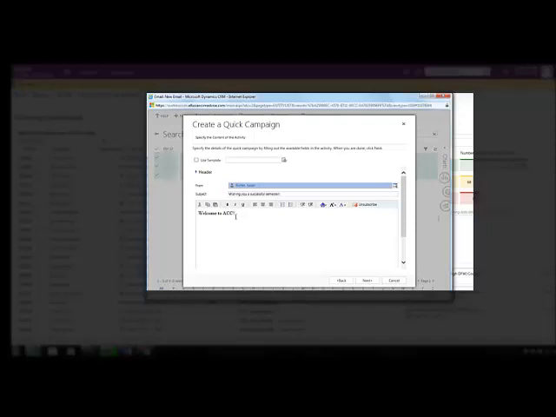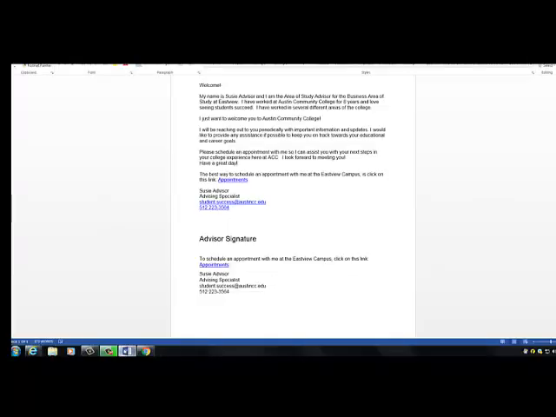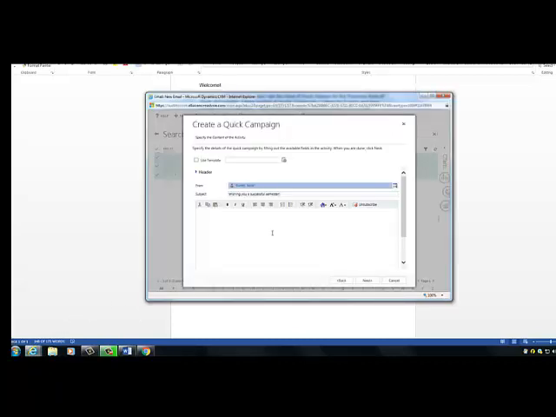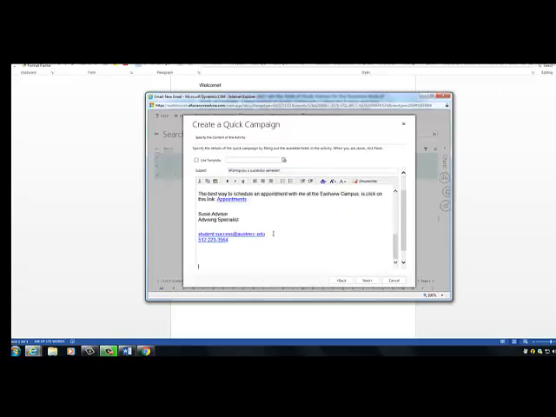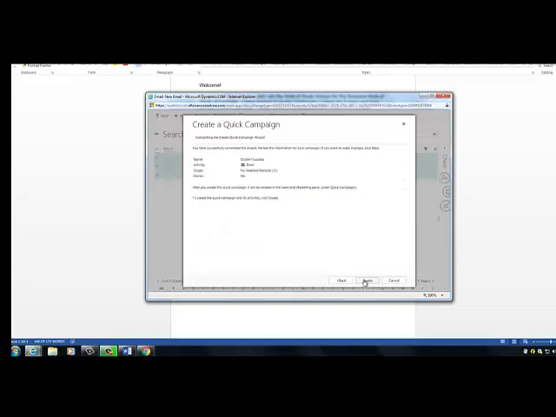If you prefer to copy message content from another location, such as Word, Gmail, or the Advising Toolbox, go to the message content you want to use, select the message, use Control-C to copy it, go back to your Advise window, and Control-V to paste it. Then click Next